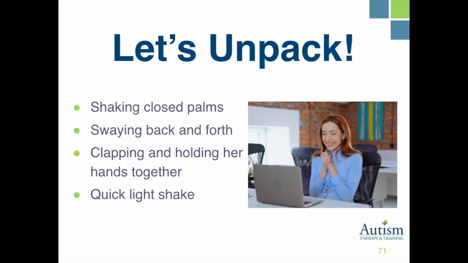Again, you could be more descriptive in where her hands were. You could talk about where she was sitting. So she was sitting on a chair in front of her computer. She's looking at her computer screen. Again, you don't want to use words like excited or happy, but you want to describe that she was smiling, and those would describe what her happiness and excitement looked like. So if somebody was not in the room, could they understand what excitement looked like? All right, let's try the next one.